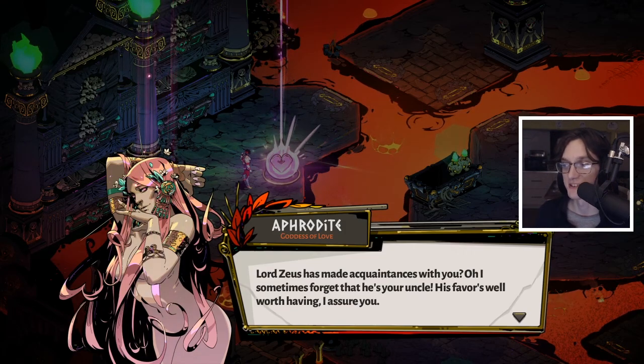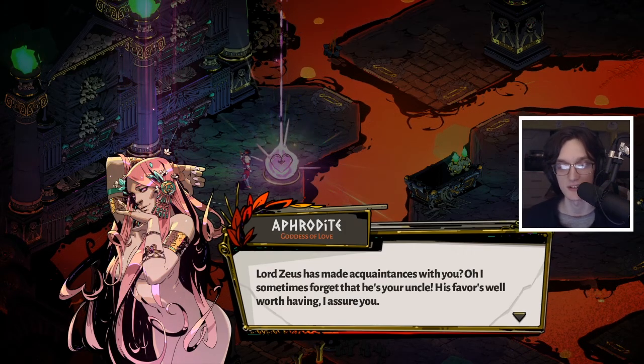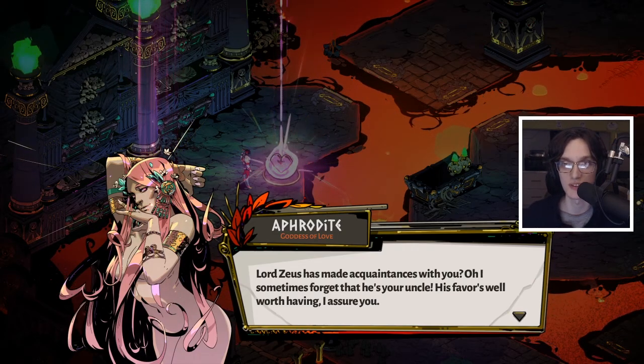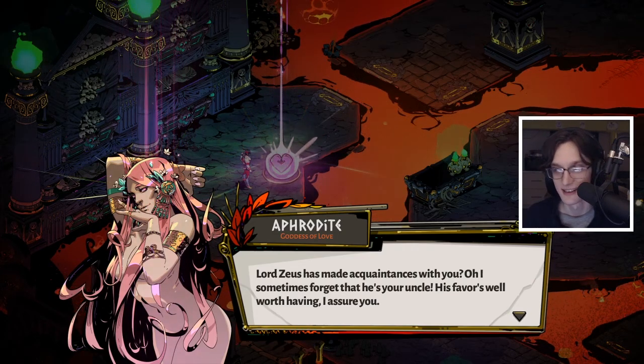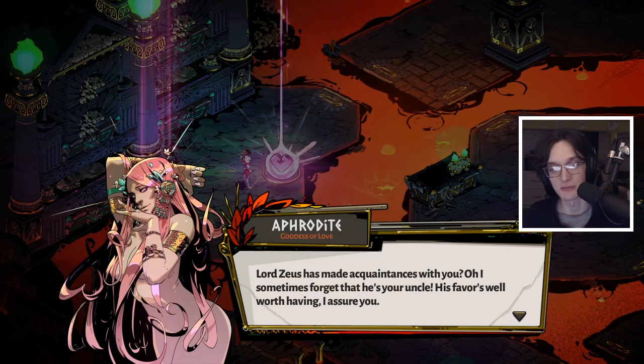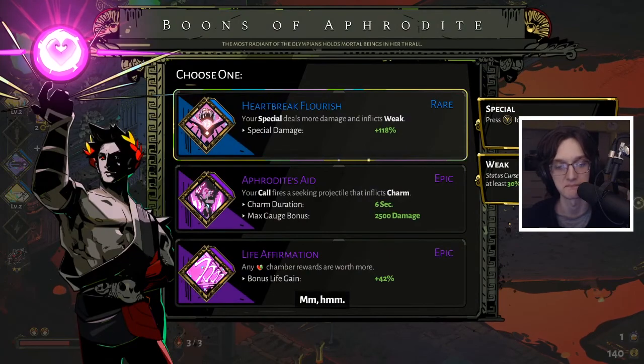It's been funny playing through this game and hearing them refer to each other as uncle and cousin and stuff, because I knew they were all related, but there's certain things that I forget about. You know, I've had classic theater training, so you learn about the Greek mythology, but...